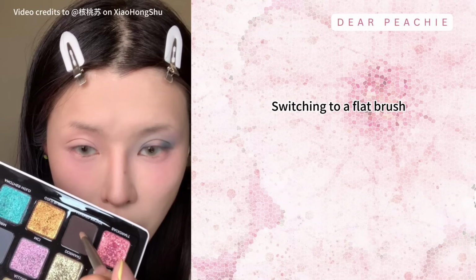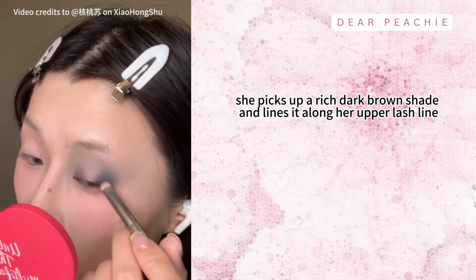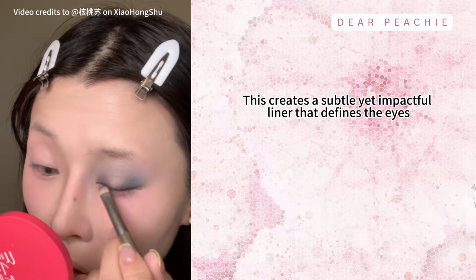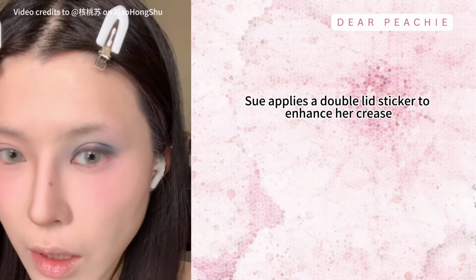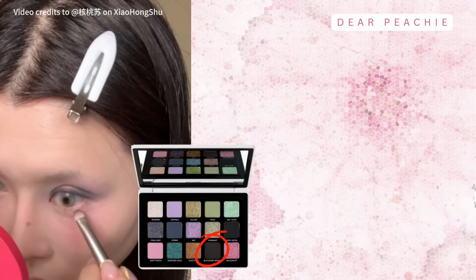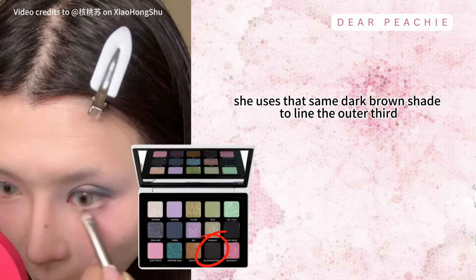Switching to a flat brush, she picks up a rich dark brown shade and lines it along her upper lash line. This creates a subtle yet impactful liner that defines the eyes. For an extra lift, Sue applies a double lid sticker to enhance her crease, giving the eye an even more open and lifted appearance. Moving to the lower lash line, she uses that same dark brown shade to line the